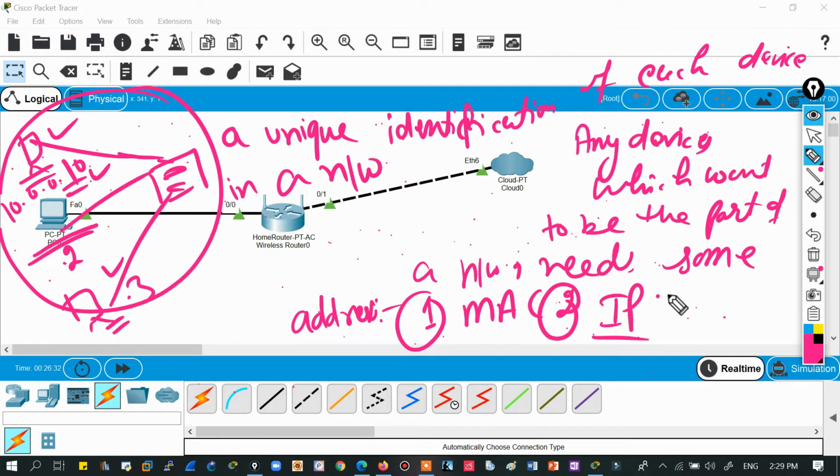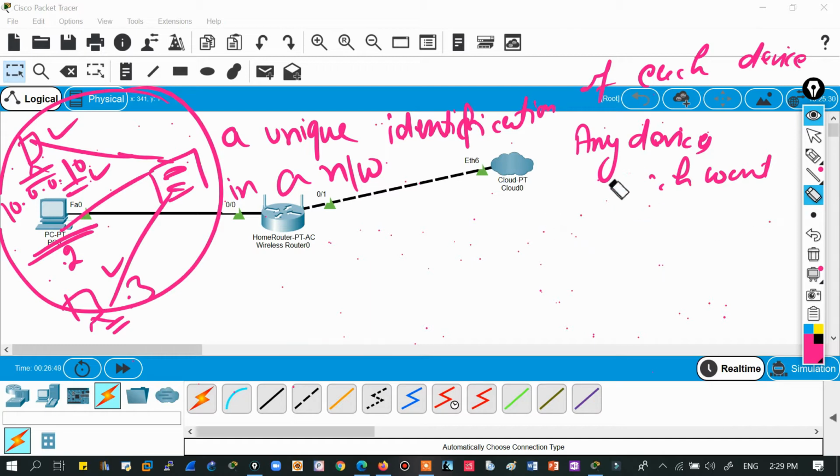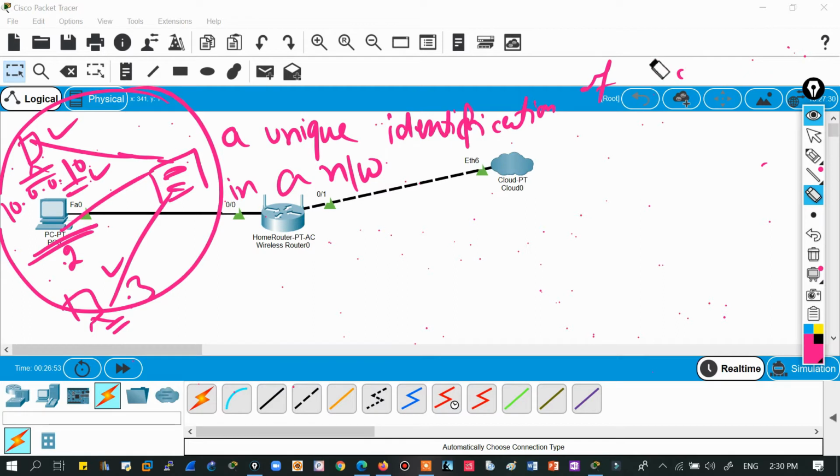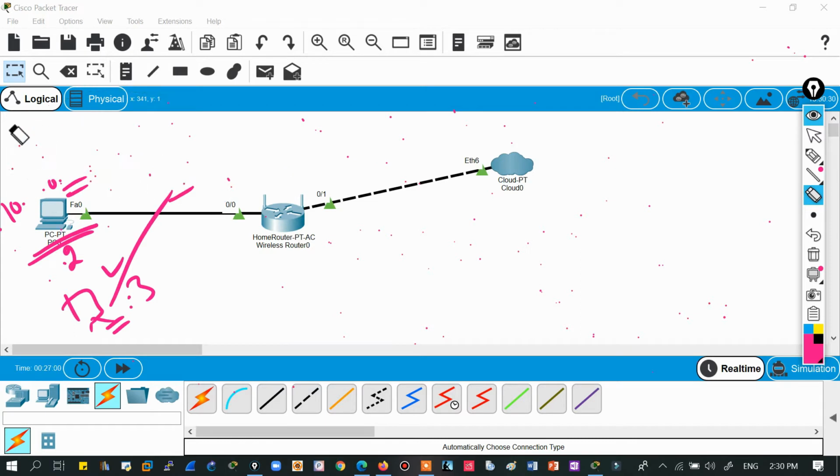Right, which is the third address? That is the port address. If you remember the OSI model, in the OSI model's transport layer we have discussed the port address. That was a 16-bit address. I hope this part is clear to you, why we need a MAC address plus why we need an IP address. And let me give you one more practical example so that it is clear to you. Just a second, let me clear this mess.